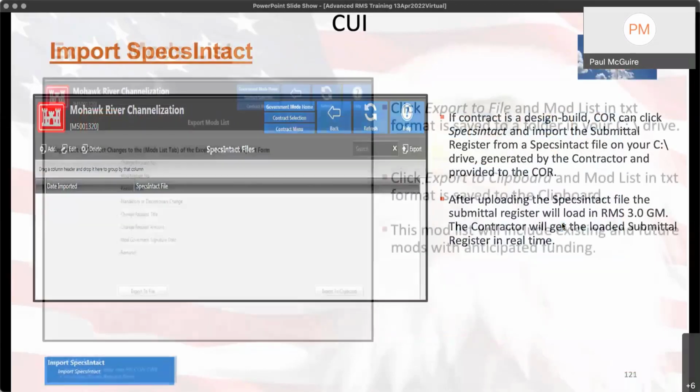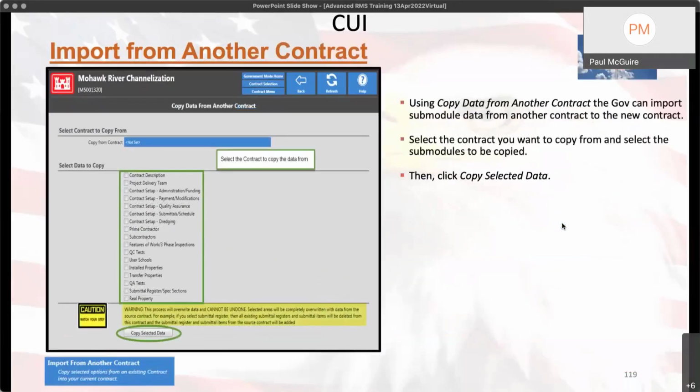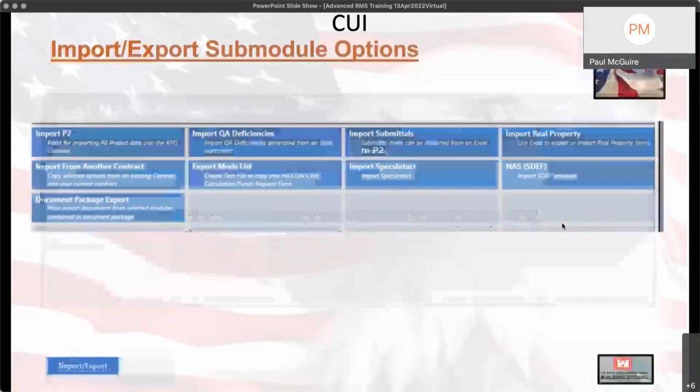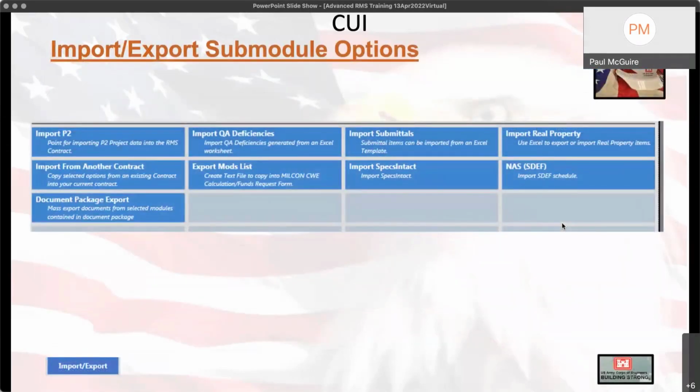Don't forget the document package export. That is a powerful tool. You hit that document package export, and you can export out all the document packages for the transmittals, the daily reports. Keep in mind too, if your contract is one of those 2 terabyte contracts,